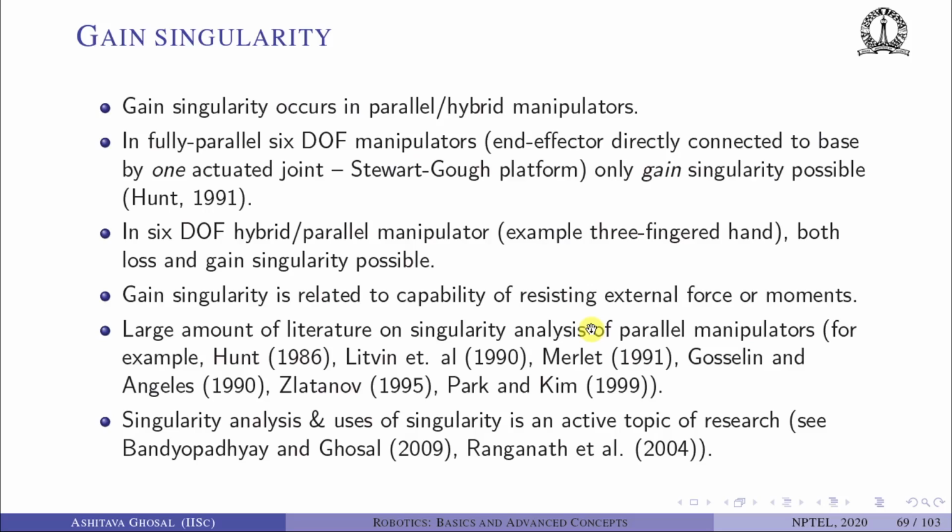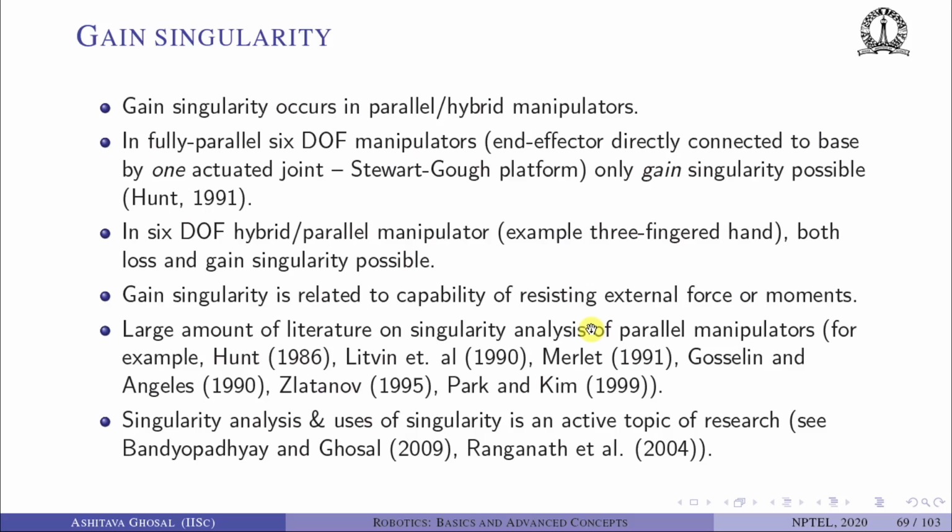We need to know what is happening at the gain singularity, again from the point of view of control. It has nothing to do with the joint limits. It is happening because at some configuration the determinant of K star is equal to 0. The determinant of K star is related to the loop closure constraint equations, and there is something happening to the loop closure constraint equation which results in the determinant of K